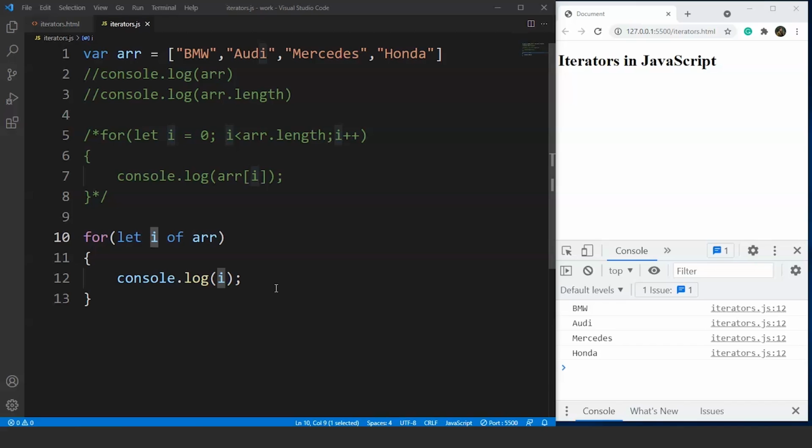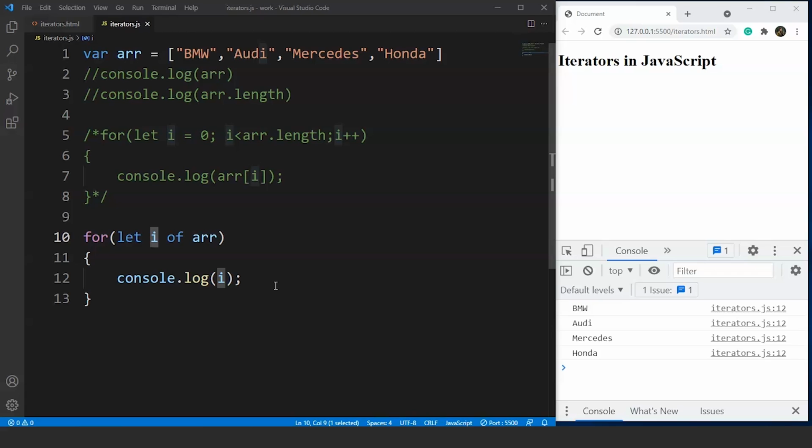Now talking about traversing an array, we can do it with a for loop or the for of loop. But you know guys, we can do the same thing with iterators in JavaScript. We can traverse each element present in the array one by one. We are not going to traverse all the elements present in the array at once. We are going to do it one by one. We'll traverse a single element, then we'll print it, and then we'll move on further. Now the concept of iterators is a little bit tricky, but you'll get it if you go through it keenly.